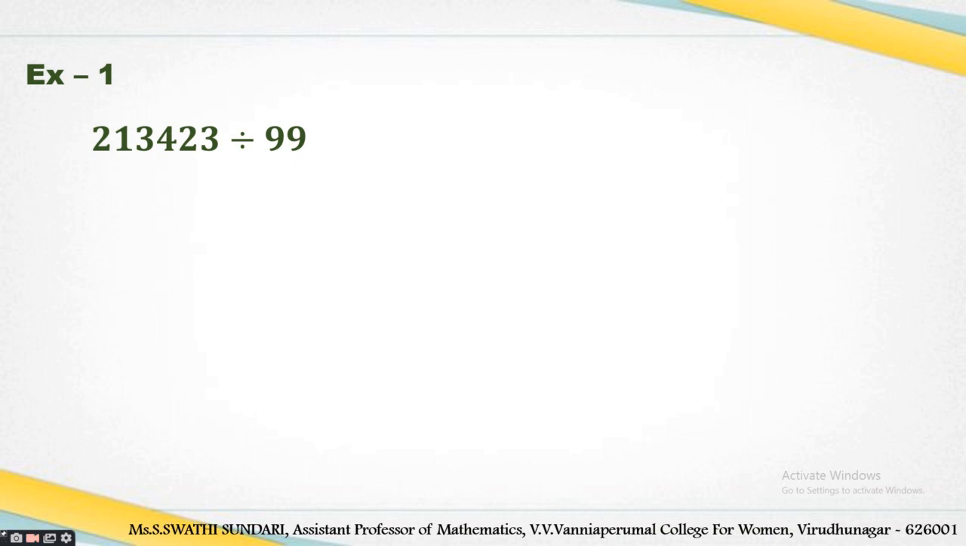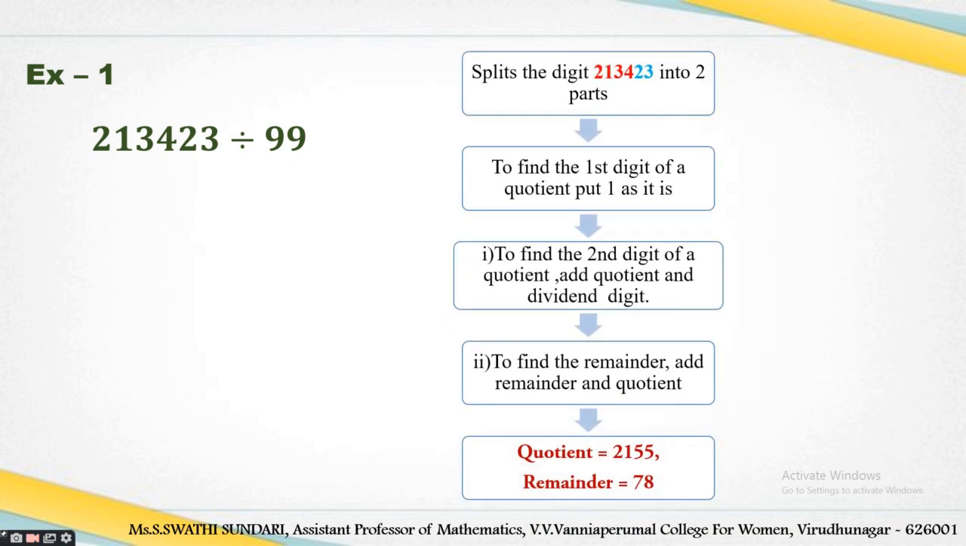Here is the example of 213,423 divided by 99. In step 1, we split the number into pairs. Therefore, we get 21, 34, 23, where the last pair is the part of the remainder and the remaining pairs are the quotient. Next,